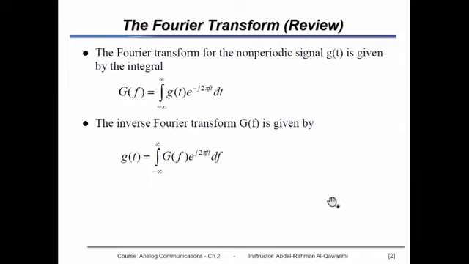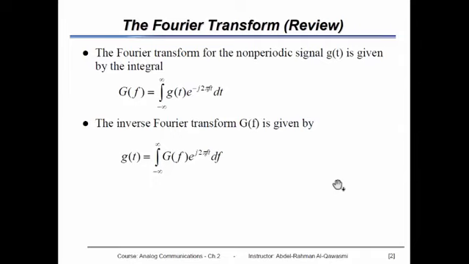As you know, the Fourier transform for a non-periodic signal g of t can be given through the integral: g of f equals the integration from minus infinity to infinity of g of t multiplied by the exponential of minus j 2 pi f t dt. This transform, which we call Fourier transform, you studied in the course of